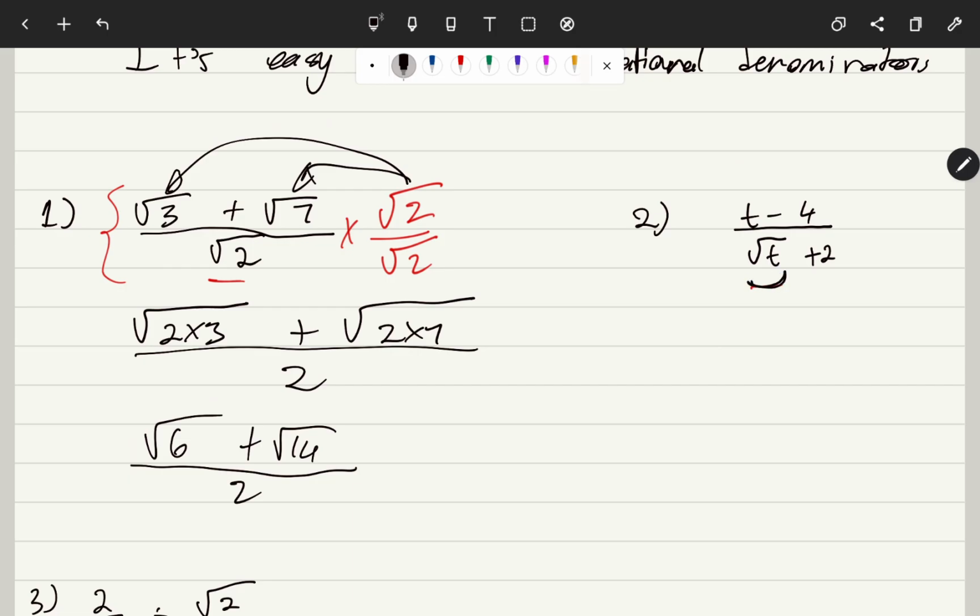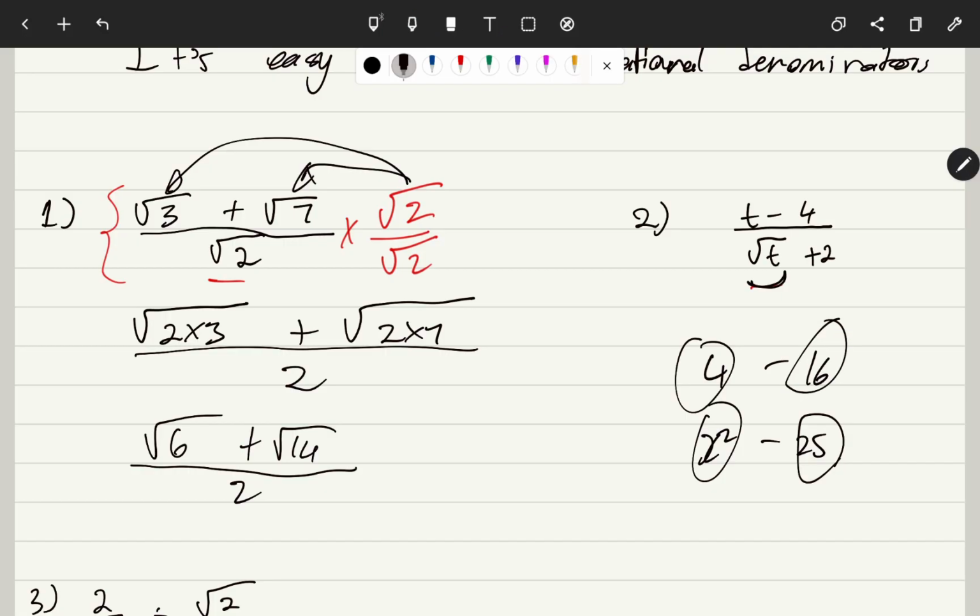When you have a binomial, this is where I think you guys know from grade 10 what a difference of two squares looks like. A difference of two squares is when you have two squared numbers that you subtract from each other. Like if I have 4 minus 16, this is a difference of two squares, right? I can have x squared minus 25, a difference of two squares, because there's a squared number minus a squared number. So I want to make my denominator